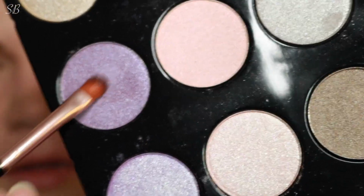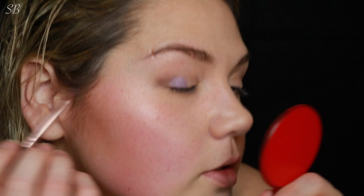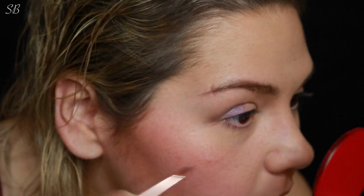I'm going to use a little bit of this darker purple here in the second row. Okay, it's very powdery, very powdery. It reminds me a little bit of the Anastasia Beverly Hills Subculture palette in that kind of texture, but this is shimmery and just kind of a forewarning. So I'm going to pat this here on this outer corner. It's very pretty. Ooh, that is pretty. I actually like this color. And it's not coming off as shimmery as I thought it would be. It has some fallout, of course, but